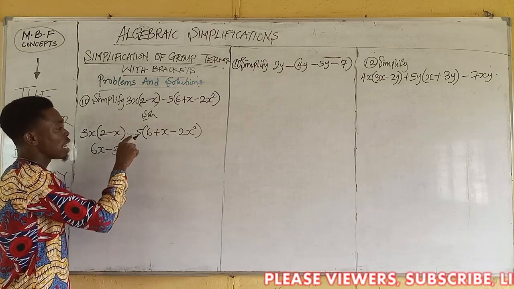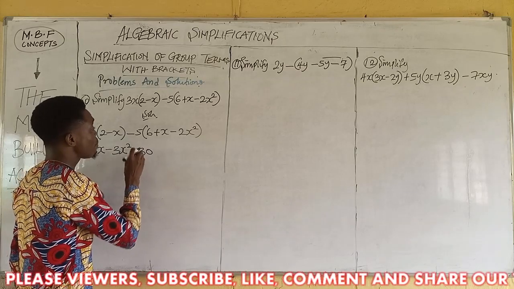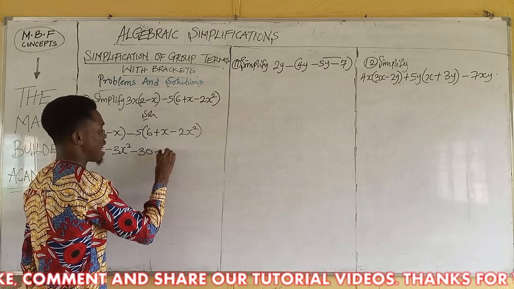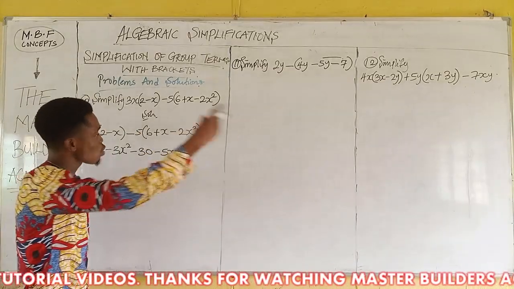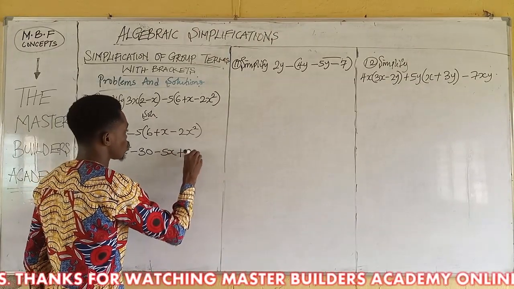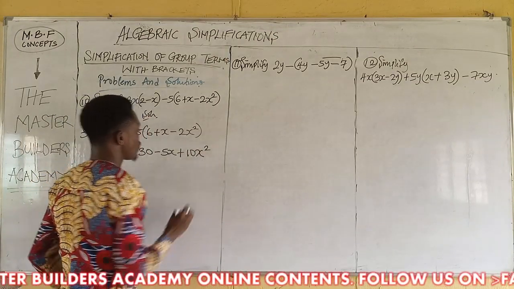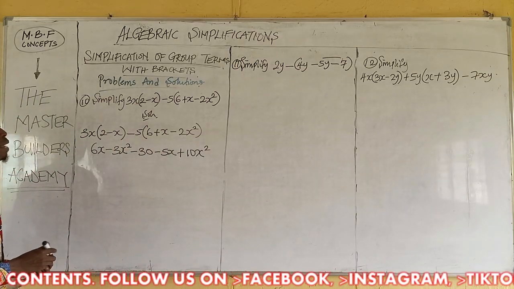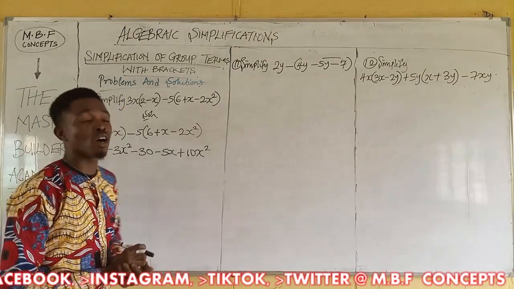We come to the second bracket. Now -5 times 6, guys, we have -30. -5 times plus x, we have -5x, and -5 times -2x squared, we are going to have plus 10x squared. Don't forget, minus times minus is plus. Now the next thing we are quickly going to do is to see that in this question now we have all the terms in x,